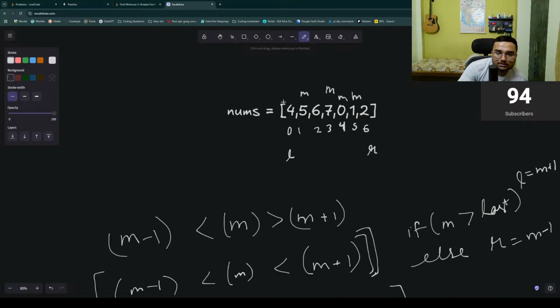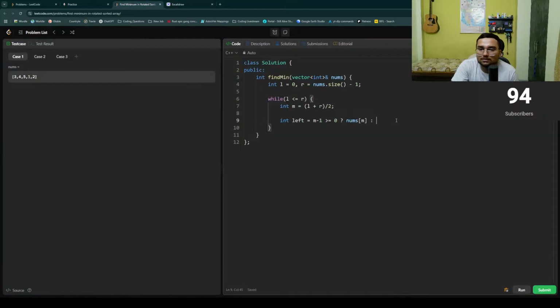Basically I'm trying to see if m reaches here in any case, what's going to happen. Should I put 2 here? Yeah, makes sense. Otherwise it is in negative, so it should be nums of